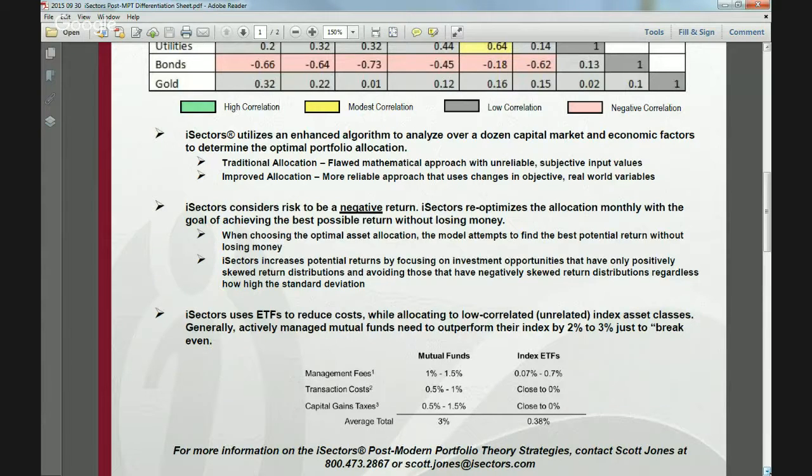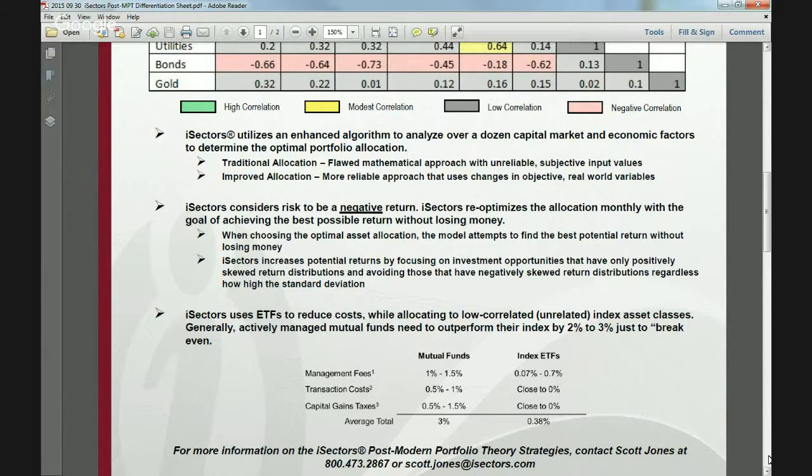So to summarize what the model is doing, the model is rebalanced on a monthly basis. Every month, we collect the inputs from these 15 different capital economic factors. We input that data into the algorithm, and we tell the algorithm, based on the change in these 15 different capital economic factors, how should we allocate the portfolio in such a way as to take maximum advantage of upside volatility without going below zero? And then the model will give us an allocation amongst these 9 asset classes